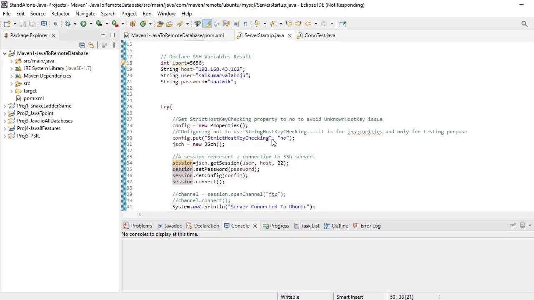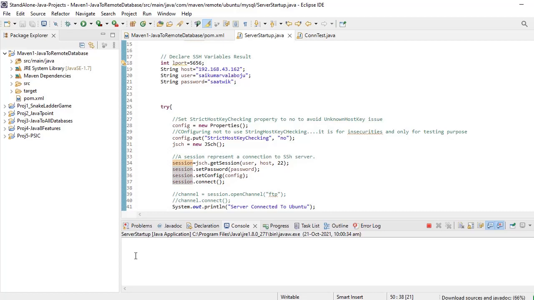It is taking time to start the server. Now we are getting the output in a few seconds.